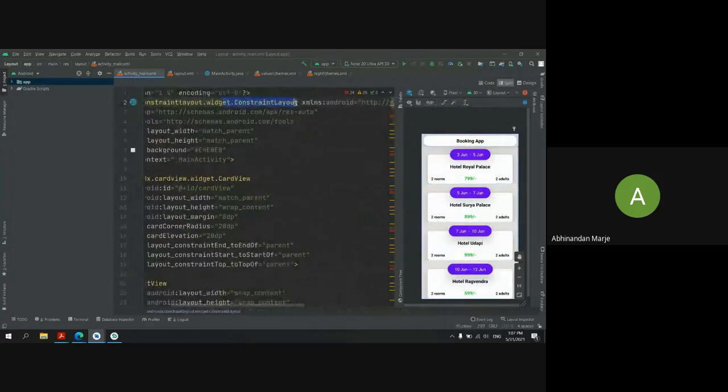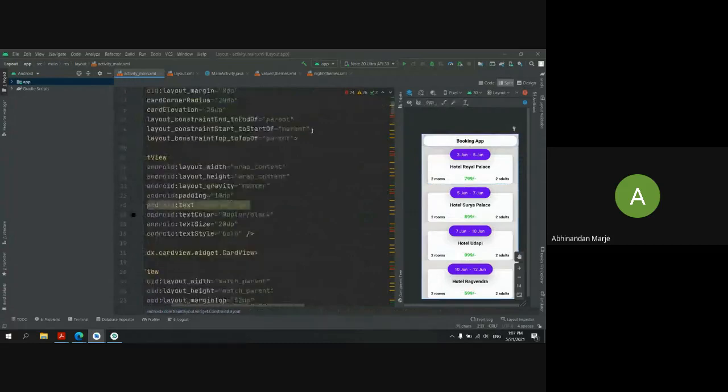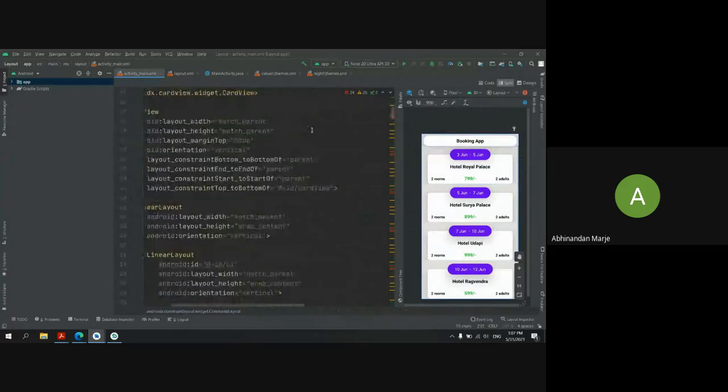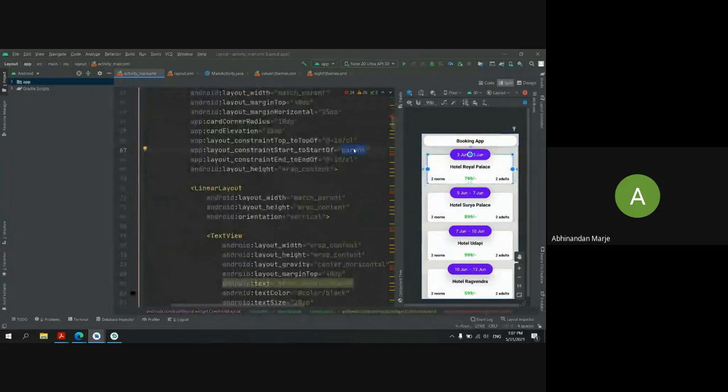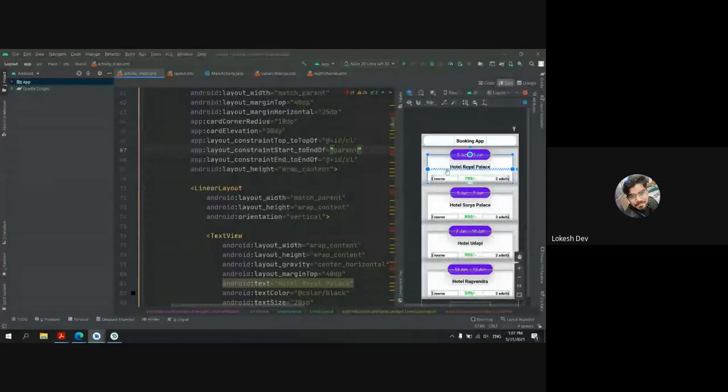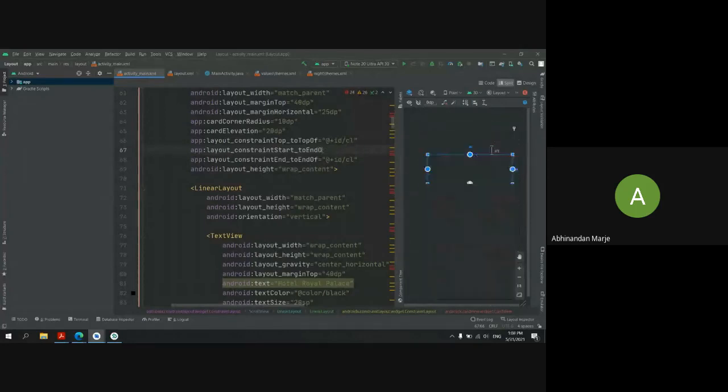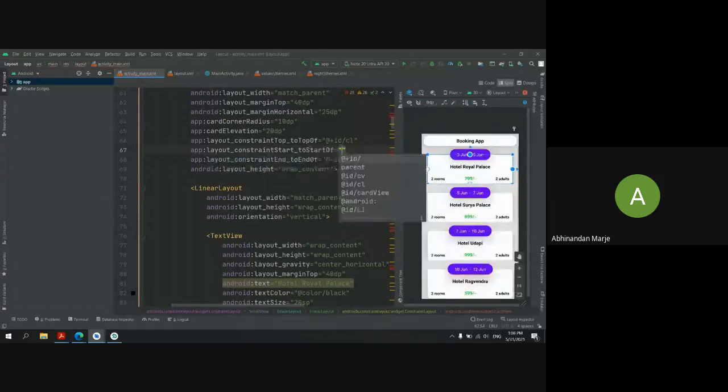And if I do, let's say, the end of parent, you can see where this constraint is going to the end. Here you can see the zigzag line going to the end. So that's how we specify it. For this, I want it to be start, and here you can see now the line is on the start.